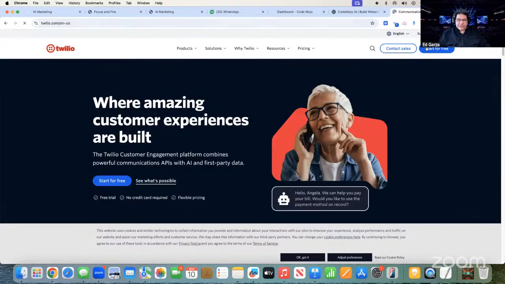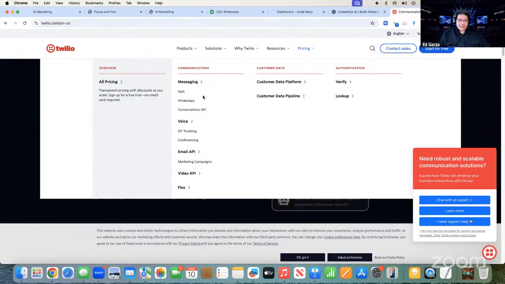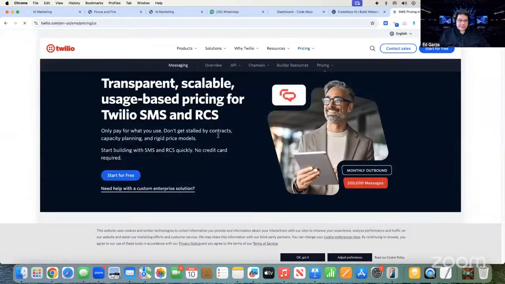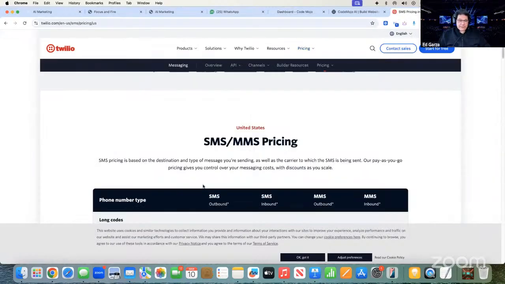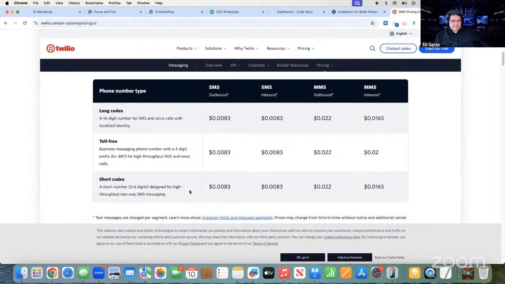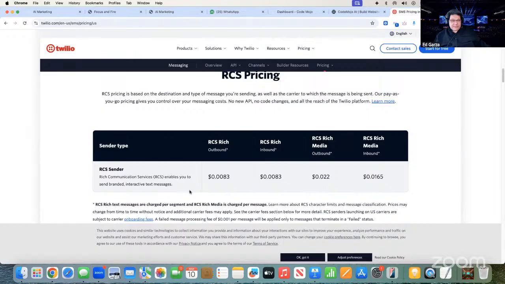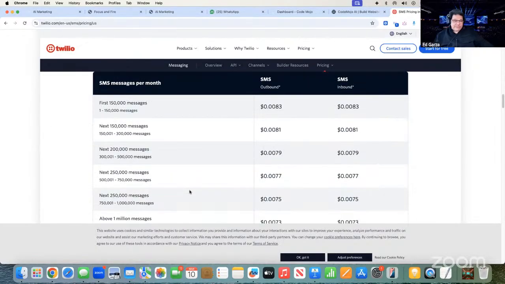So you can start for free if you want to. Here's their pricing model. So you're using it for SMS. Here's their pricing model based on how much text messaging you do. So you pay per message.